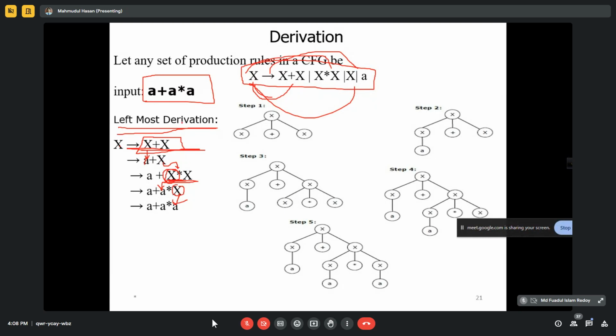Okay, so you can also represent this derivation with the help of a parse tree. So this is the parse tree. We know that parse tree and syntax tree are very close, but